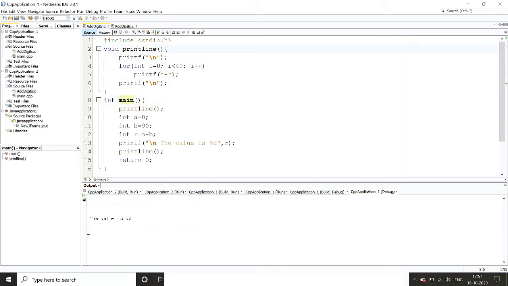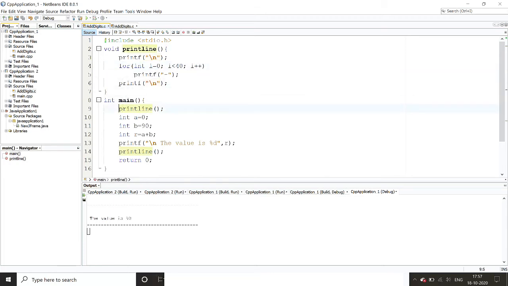Some more detail about this function. It is written void because this function is not returning anything. You will understand it very shortly, but just remember that this is void. You have to give a name to this function. The rule for writing a function name is the same as for writing a variable name; we have to remember the same thing. And then there is an empty parenthesis here. It is empty because sometimes we have to pass parameters here, but I will cover that next. So you write void, then the function name, then empty parenthesis, then the curly brace, and then you write the function body completely.